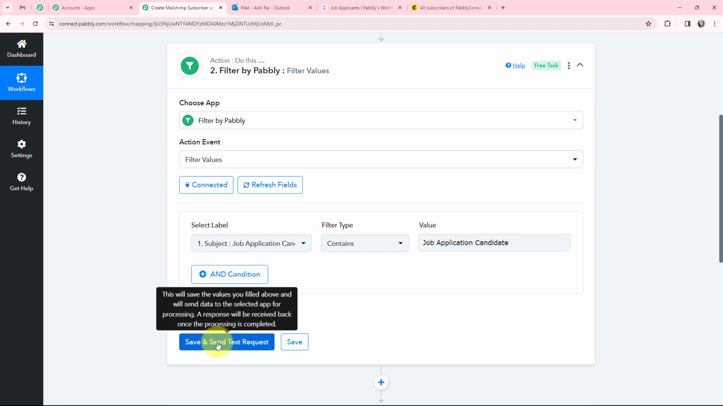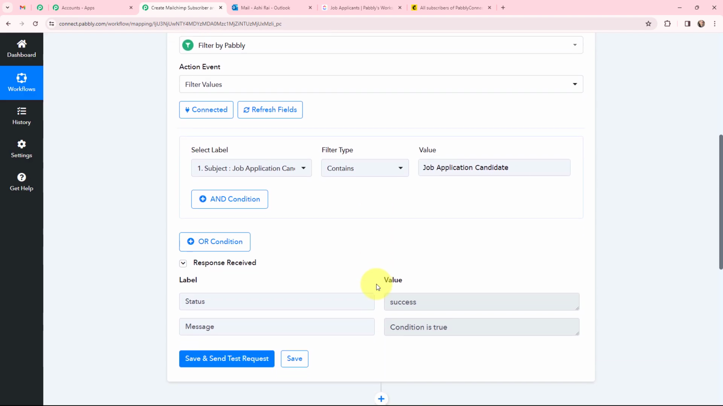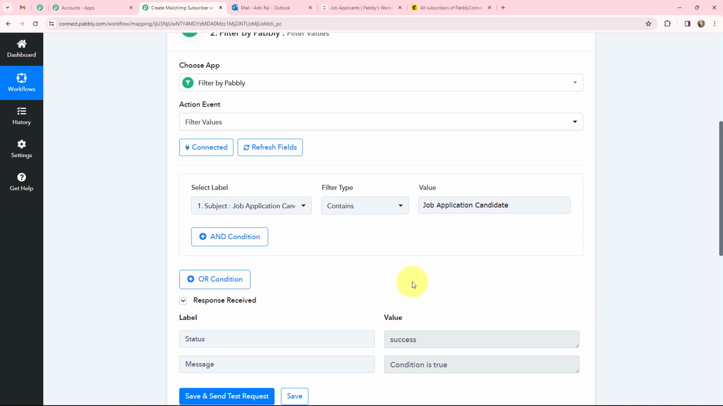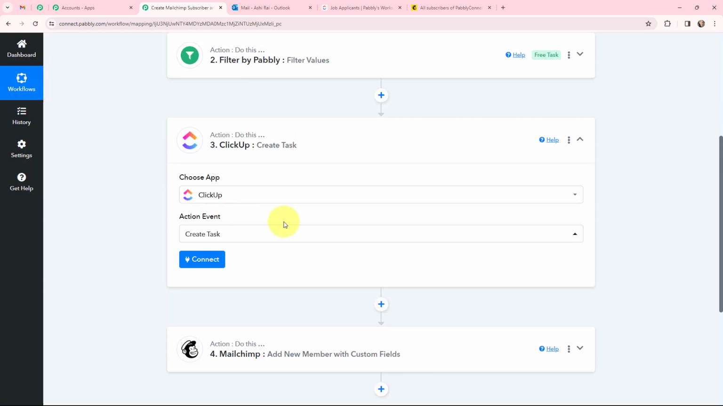Now here I'm going to click on save and send test request. And over here, you can see that I have received a response and the status is success. The message's condition is true. So I've set up a condition that only those mails should go ahead whose subject line contains job application candidate. As the condition is true and the status is success, now moving ahead,